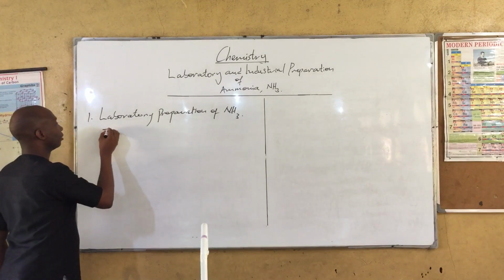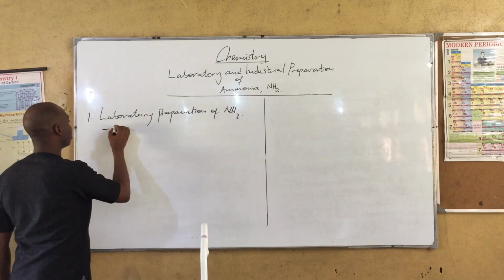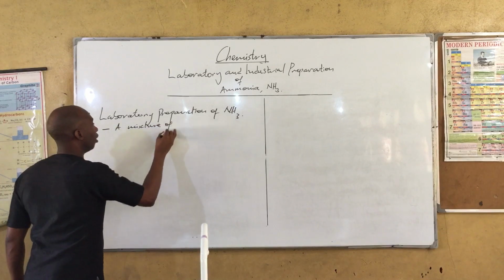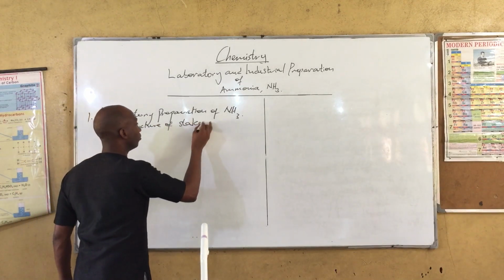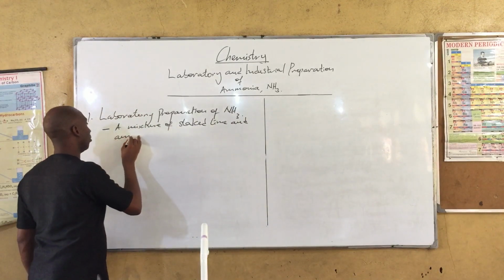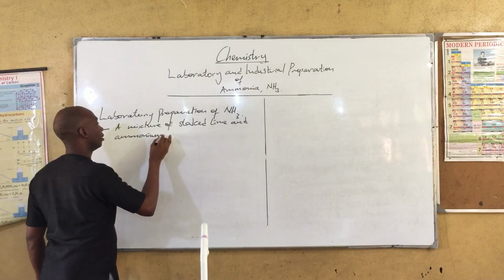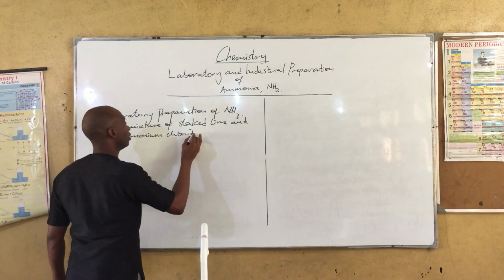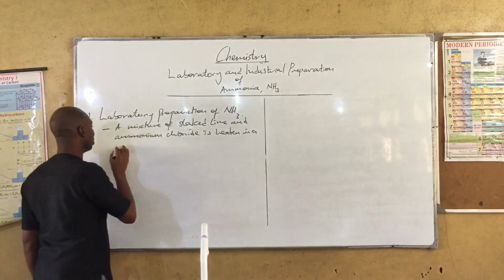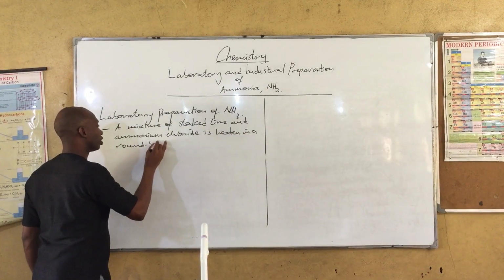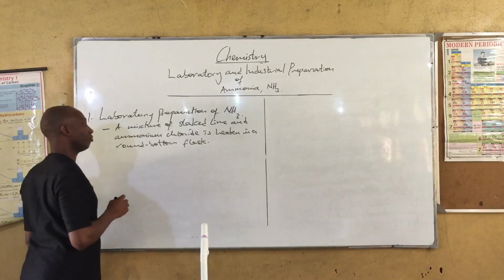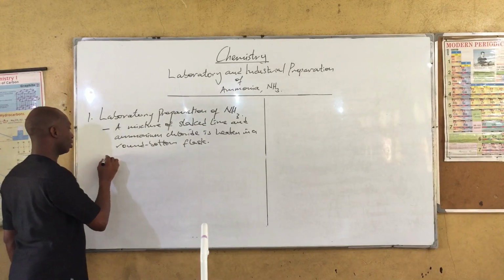Number one, you have the raw materials. That's a mixture of slaked lime and ammonium chloride. Ammonium chloride is heated in a round bottom flask to generate ammonia. So the equation for the reaction is